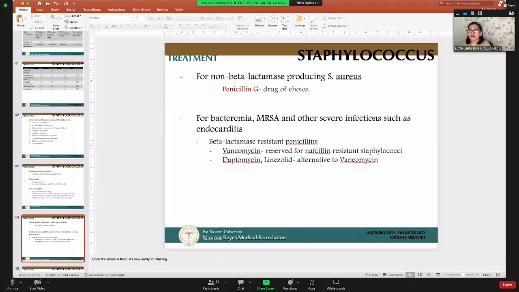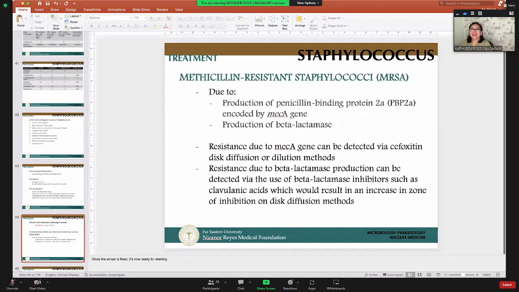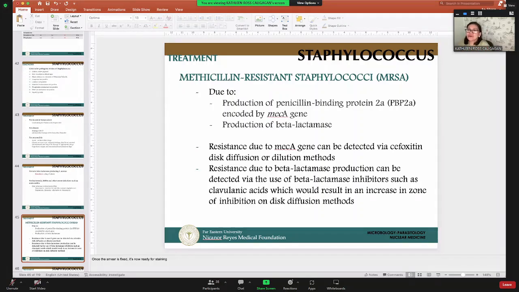But for more severe staph infection like bacteremia or methicillin-resistant staphylococcus and other severe infections such as endocarditis, you give beta-lactamase-resistant drugs such as vancomycin, or daptomycin or linezolid. Okay, and I've been mentioning methicillin-resistant staphylococci. This is due to either production of the beta-lactamase enzyme, but aside from that, it may also be due to production of